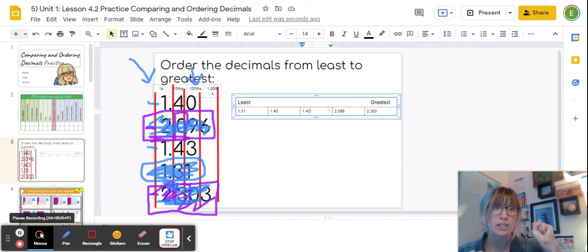Even though we found some of the greatest ones first, right? We still are sorting them and putting them in the order from the smallest